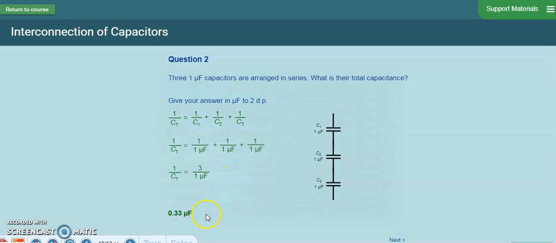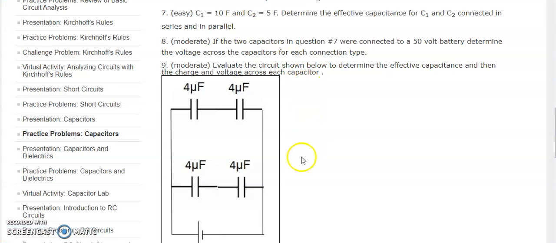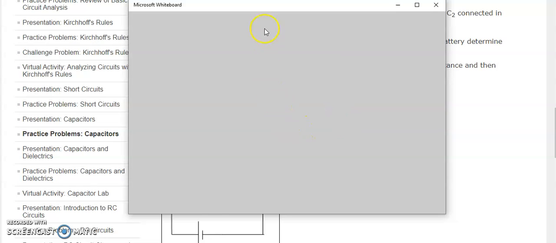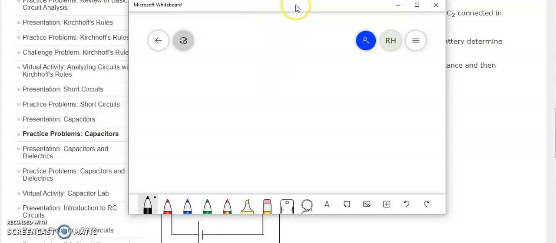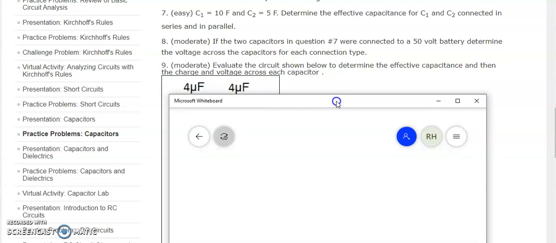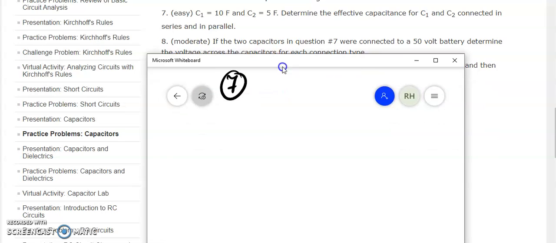So here you get 0.3 microfarads. Okay. So let's move on to the practice problems and we can start doing this. So the 7th one, again, first you need to write down the given information. So the given information is